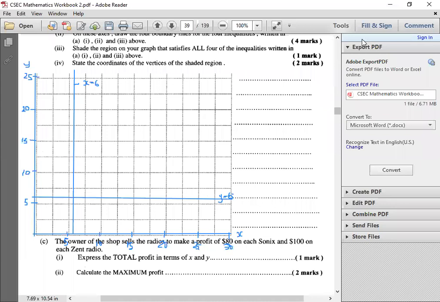We have x plus y equals 20, right? Guys, x plus y equals 20. All right, a little trick where that is concerned. Anytime you get an equation or inequality of the nature x plus y less than or equal to 20, right? Anytime you get an inequality of that nature, x plus y equals something,